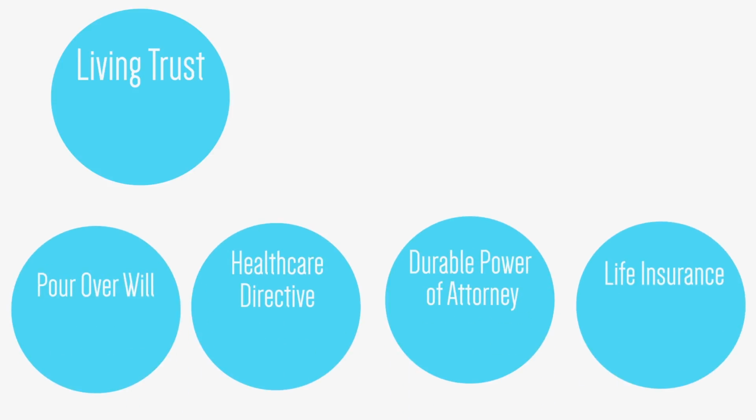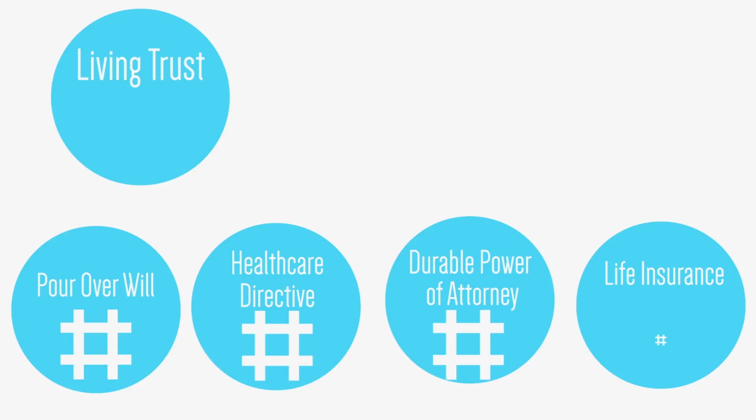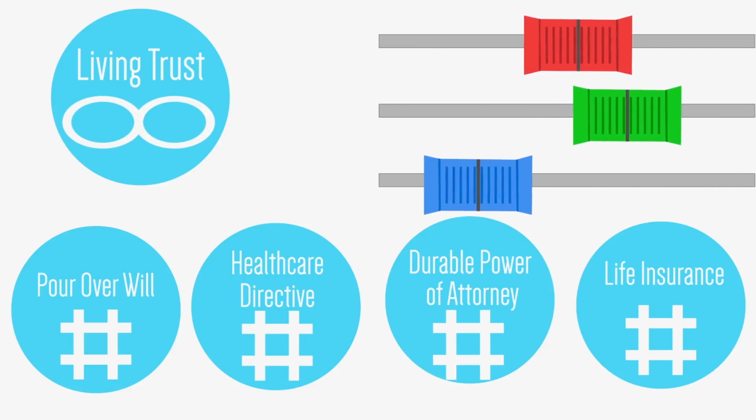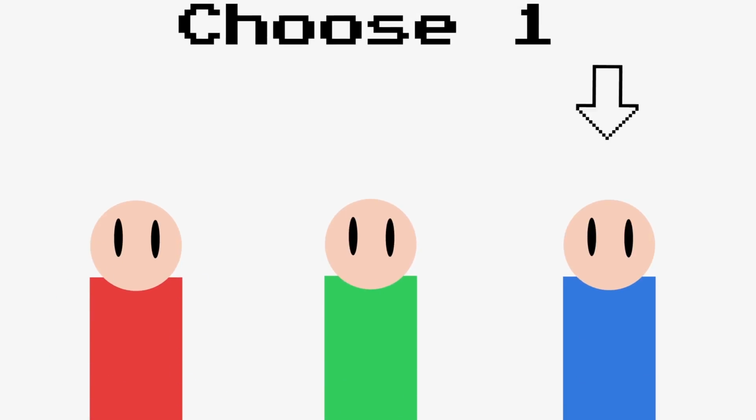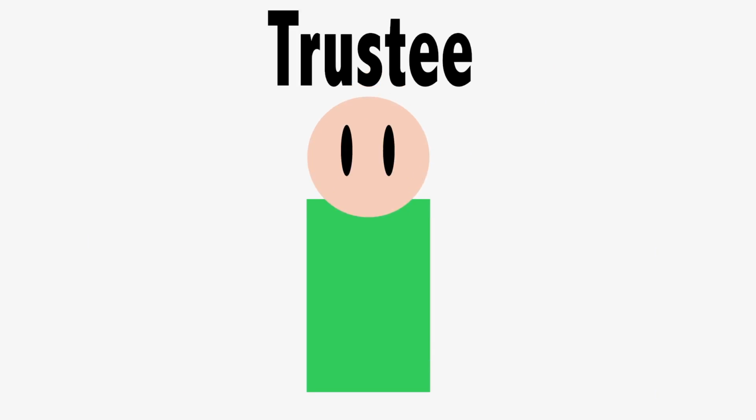Now, what makes a living trust so complex and special is the amount of customization and power you actually have over it. See, unlike the other components of an estate plan where you decide on only maybe a few aspects or choices, with a living trust, you can change the dial on almost every part of it. For starters, you can decide on who's going to take care of your living trust for you when you become unable to do so yourself, and that person's called your trustee.